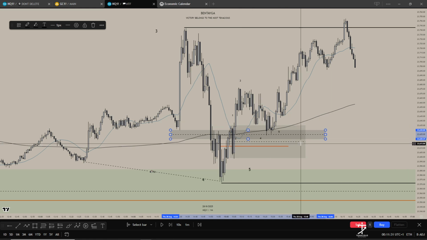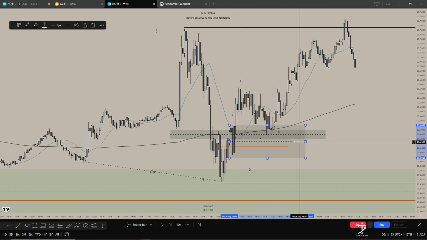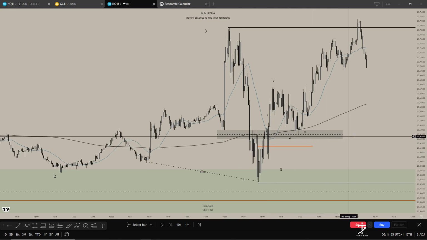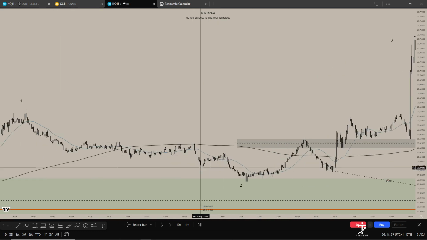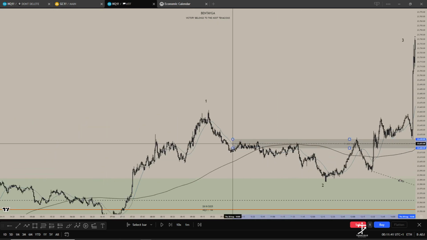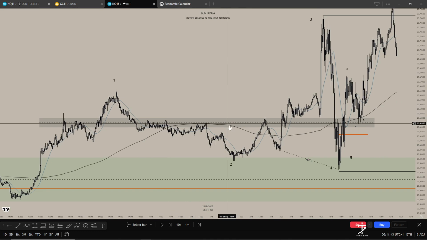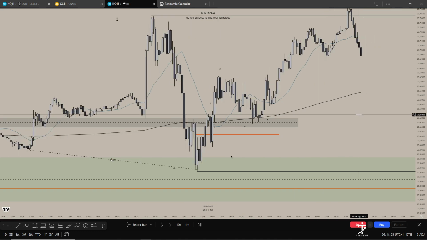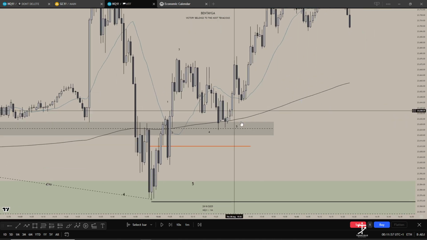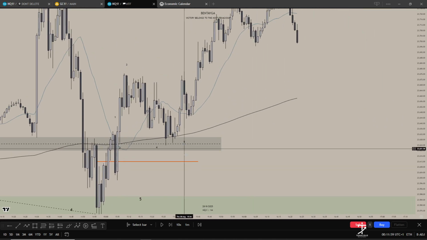So there's always a chance that price might respect this level, because if I just drag it to the side, we can see this is a level where price tends to either bounce from or react from. You can also say this is an area of point of control, POC, it's in the name. But yeah, an area of support and resistance above the SMAs, and then